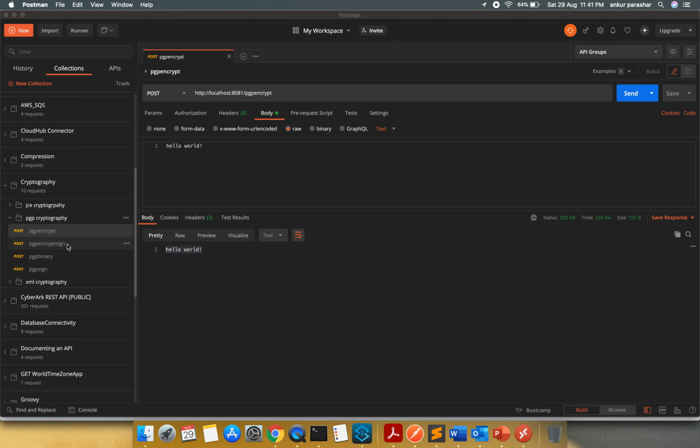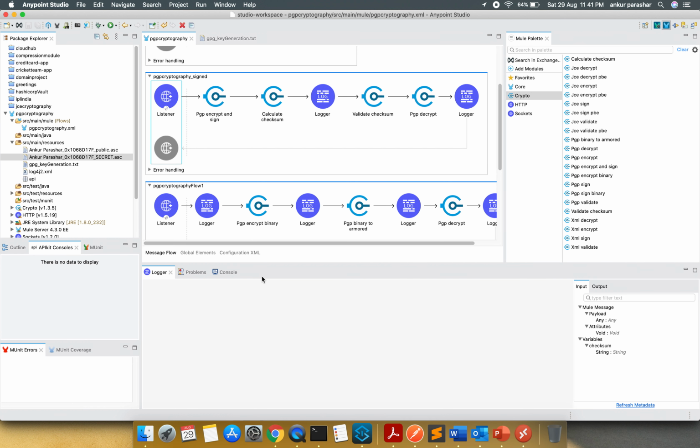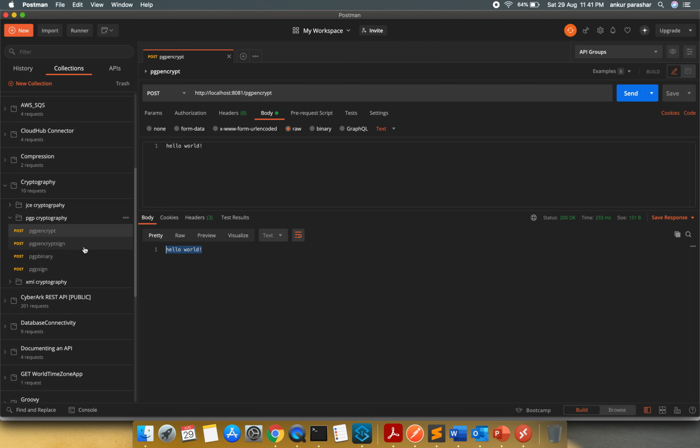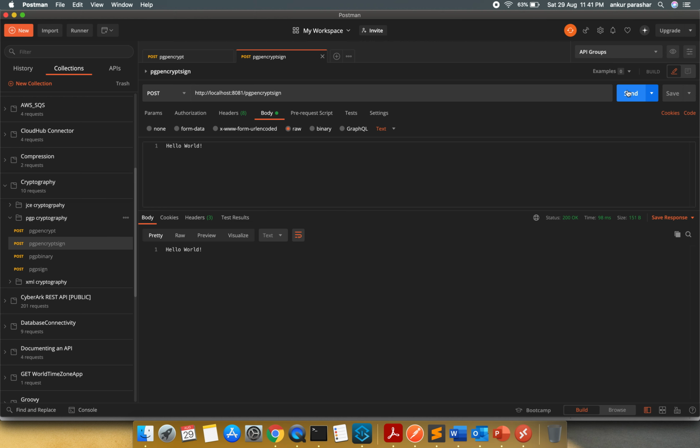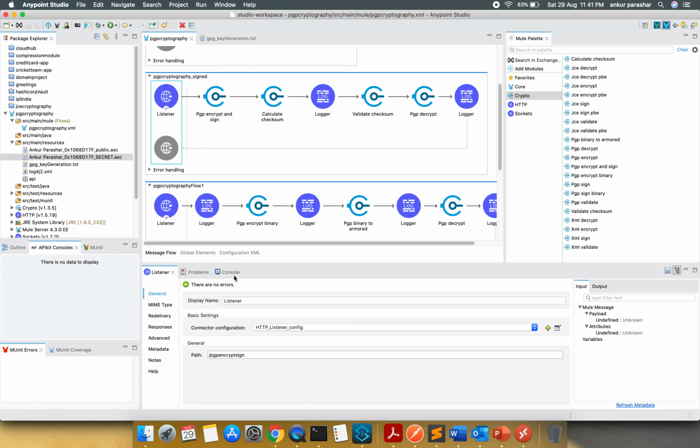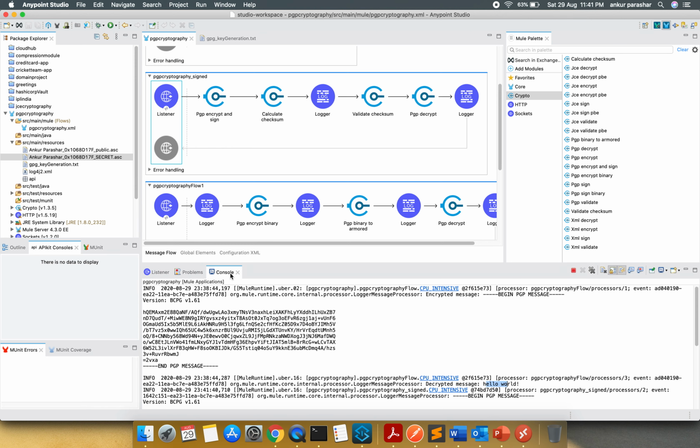Let me see if it is PGP encrypt sign. So this one. This is the payload, the same payload, hello world, and if you click on send button, I can get the same message back. If we check the console,